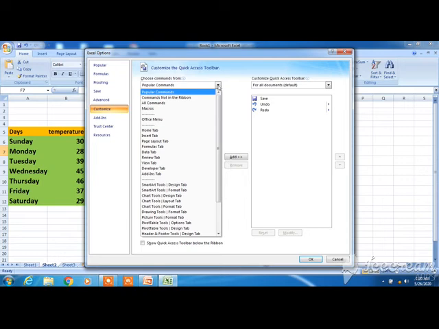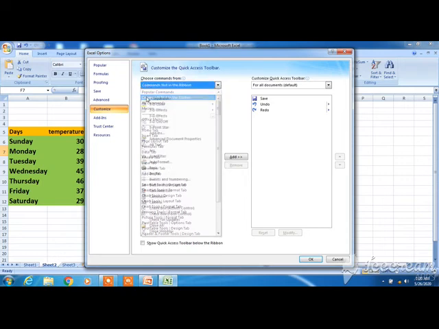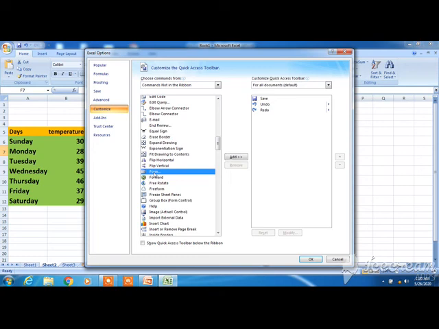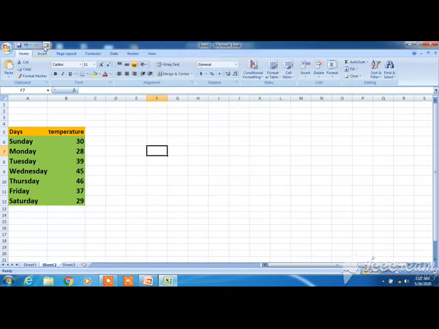Choose commands not in the ribbon. Then from here we will choose the form option. Select it. Add. Form will get added. Click on OK. Now we can access the form.